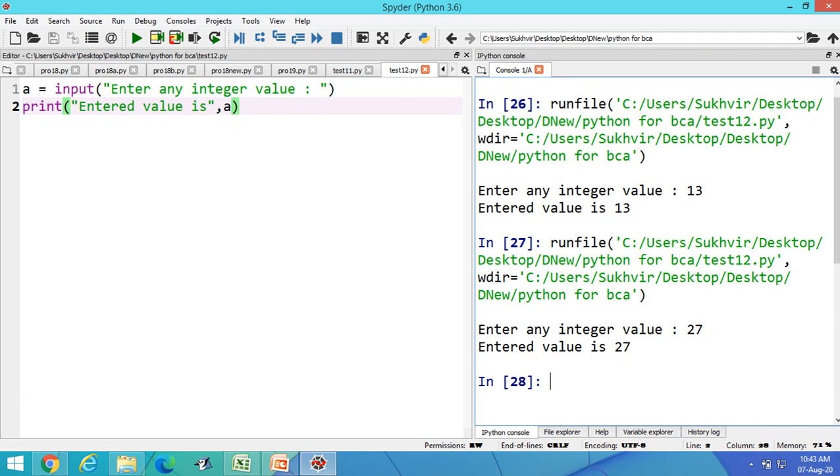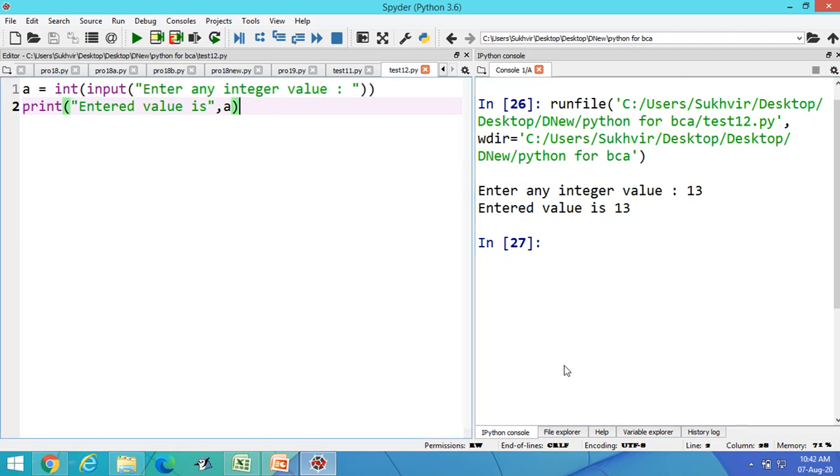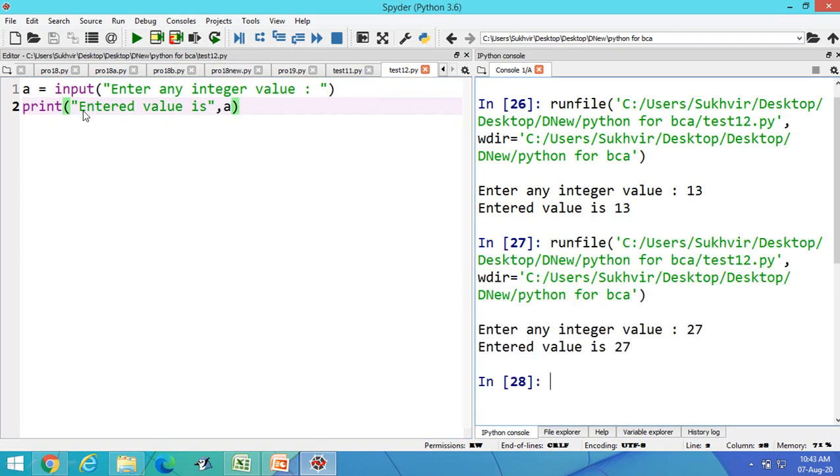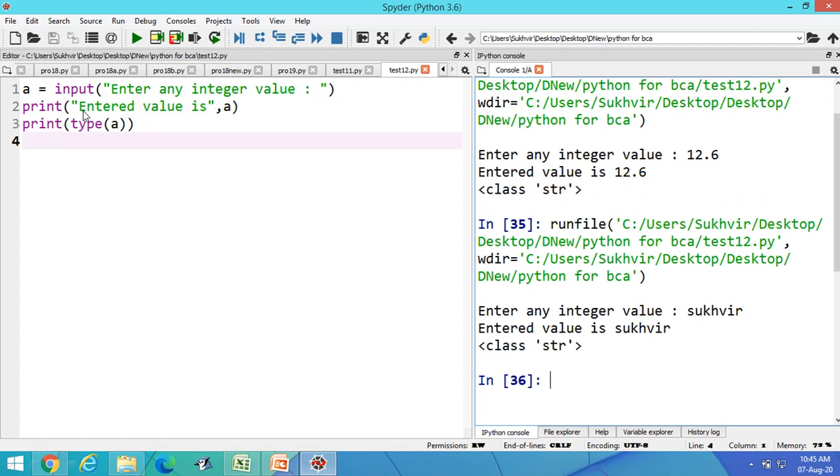I repeat again, in this slide I write here the data type, that is int. Here I am not writing the data type. Let's check in detail. Suppose I write a input, then enter any integer value, then printed that value. But the class of this value is string. I can enter any text data also.